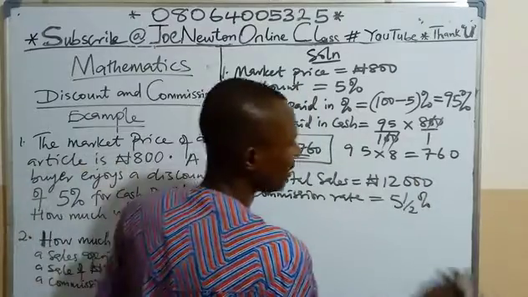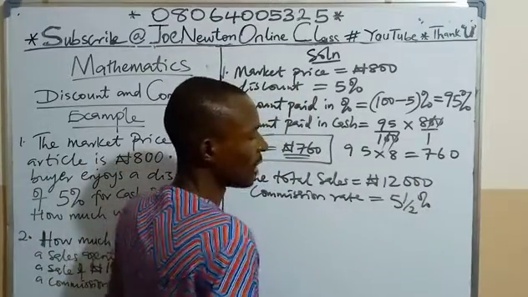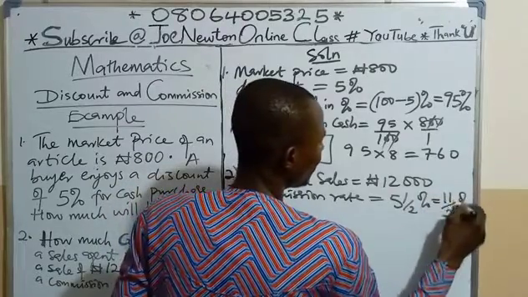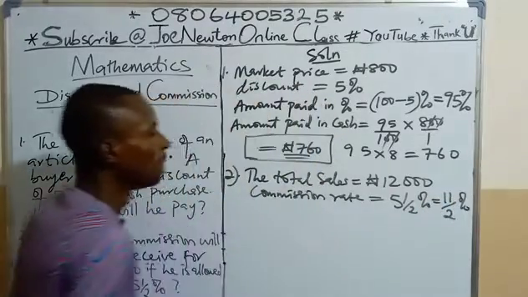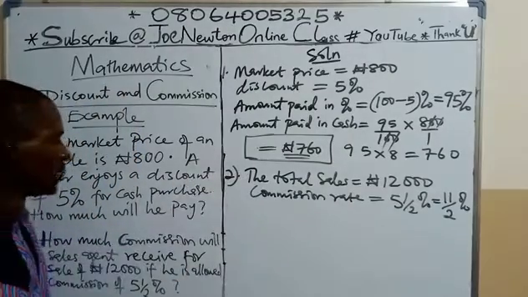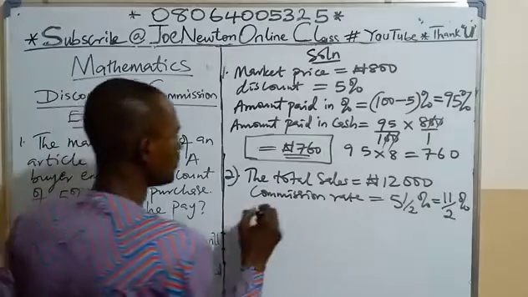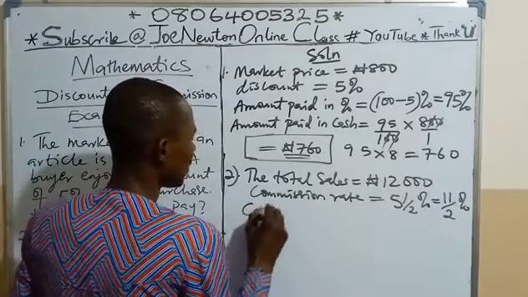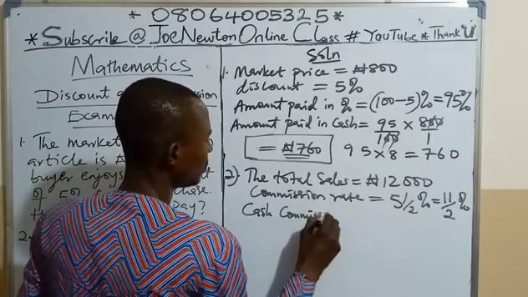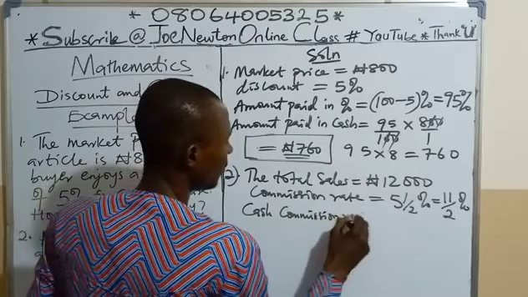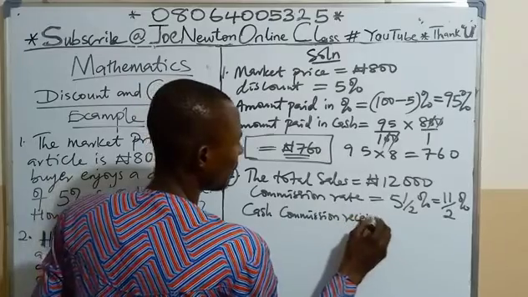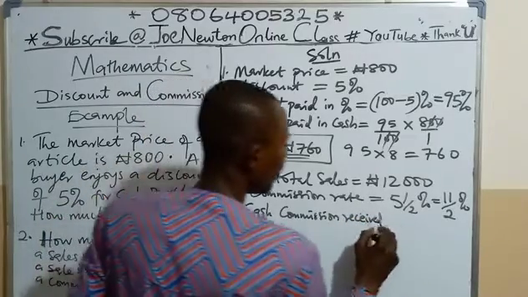So this 5.5% is like 2 times 5, you have 10 plus 1, which is also 11/2%. Now, how much he receives for making this deal in cash, the cash commission received, will now be equal to